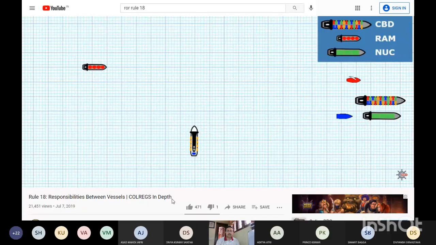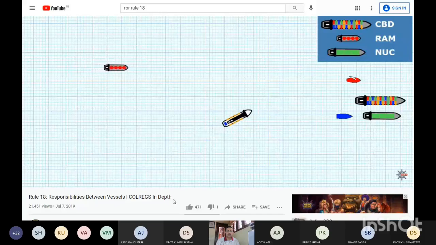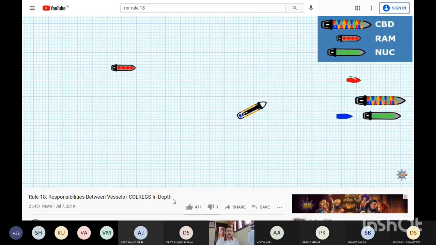Now, you could think, oh, it might be a crossing situation, so the red vessel could come round. So the most common sense thing would say the power-driven vessel should make a bold alteration of course to starboard, and she could parallel the course of the vessel restricted in ability to manoeuvre, or she could just pass well clear ahead. Either way, under Rule 18, the power-driven vessel needs to keep out of the way of a vessel restricted in her ability to manoeuvre.